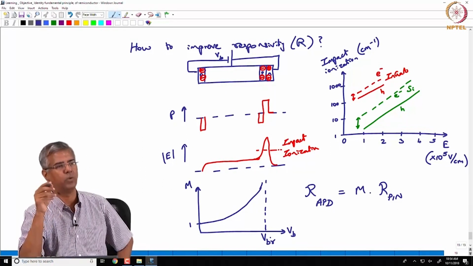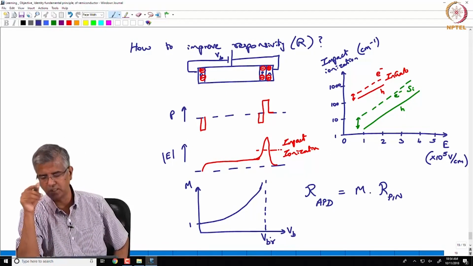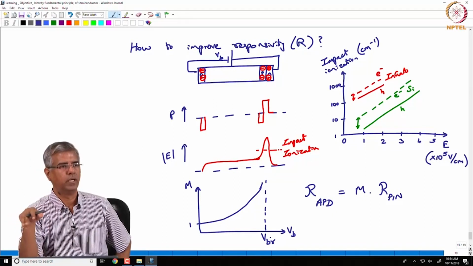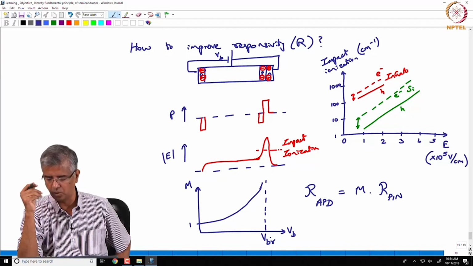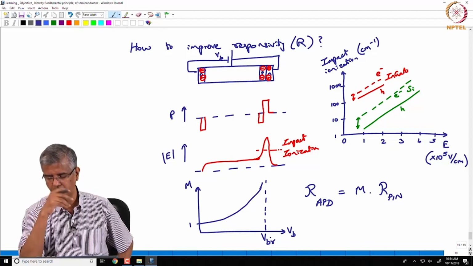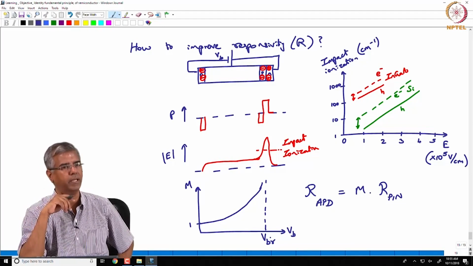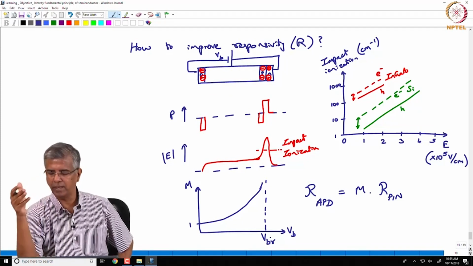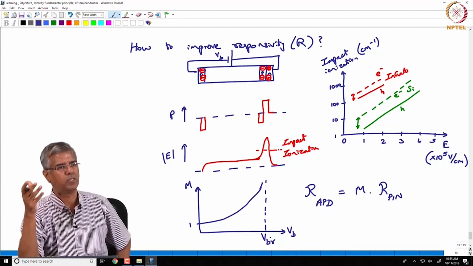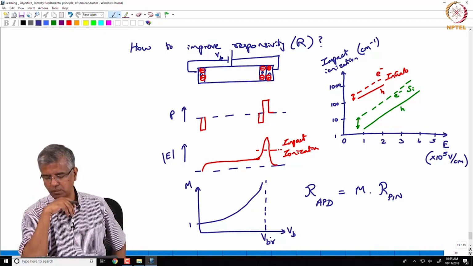So, beyond a certain voltage, that junction itself will punch through and break down, and then you won't be able to use that device anymore. But almost until then you can get gain, right, and gains of 10 or 100 are possible through this process,